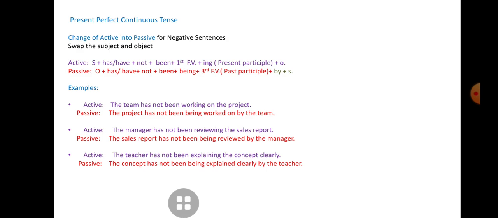Change of active into passive voice for negative sentences for the same present perfect continuous tense. So first step is swap the subject and object. The sentence structure of active voice will be subject plus has or have plus not plus been plus first form of verb plus ing plus object, and its passive voice will be object